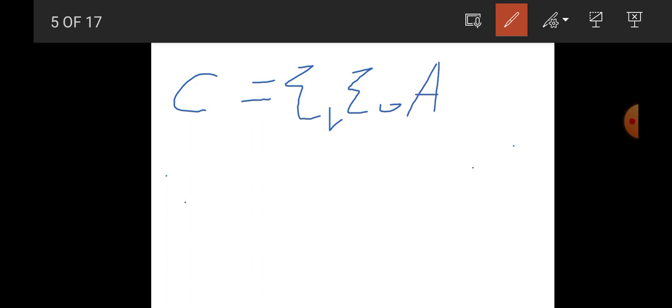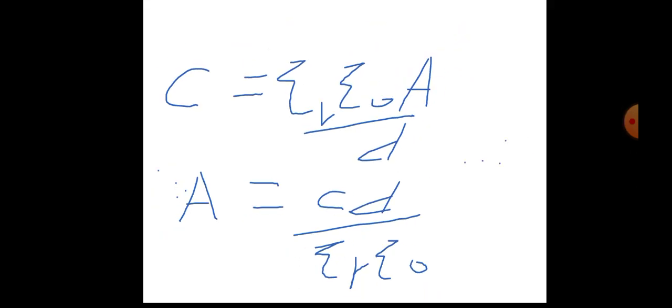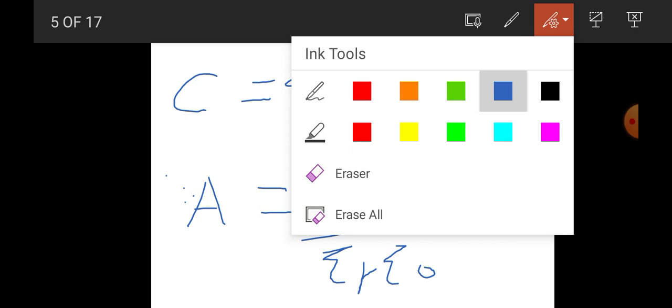Capacitance of the capacitor is equal to relative permittivity times permittivity of free space times area over the separation between the two plates. አሁን area የተጠየቅነው area is equal to capacitance of the capacitor times the distance between the two plates over relative permittivity times permittivity of free space. ስለዚህ አሁን እዚህ ጋር